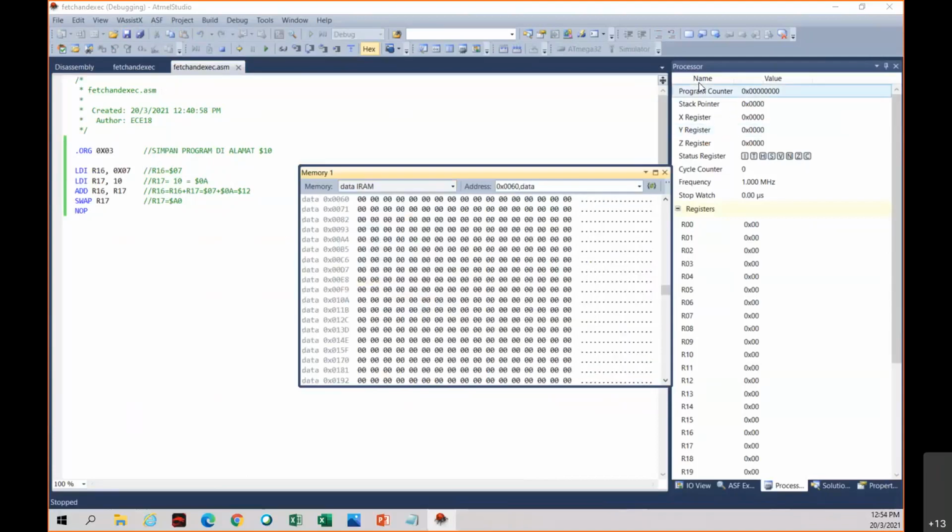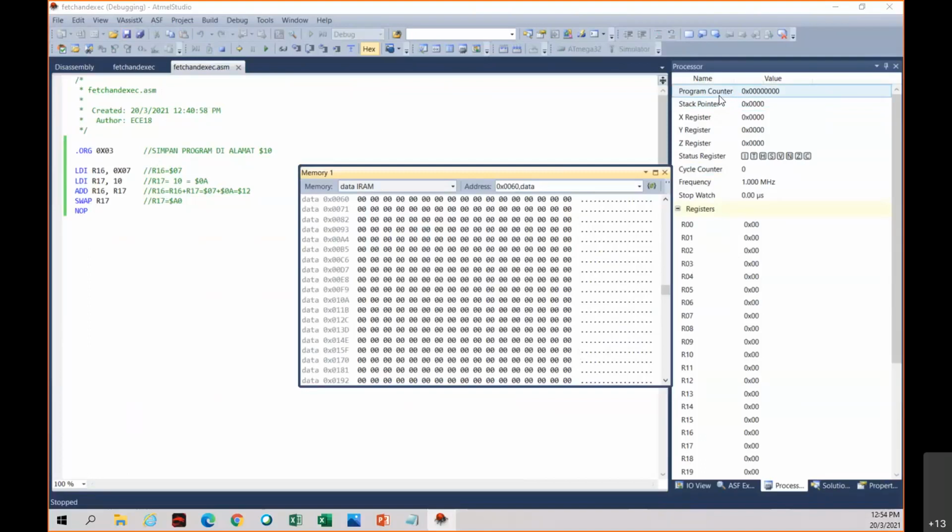Okay, so data memory, kamu boleh tengok dekat sini. Okay, kamu ada program counter, ingat lagi tak tadi? Step apa yang berlaku bila kita do the fetch and execution? The program counter akan ambil memory address of the next instruction, and once dah ambil, the CPU will execute that instruction, and the program counter will increment by 1 to point to the next address of